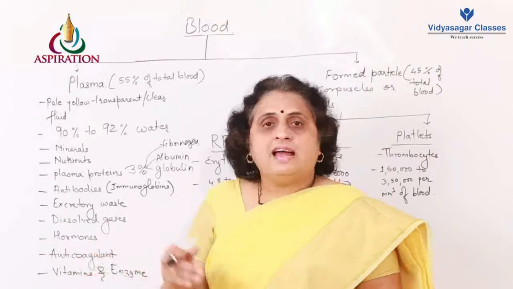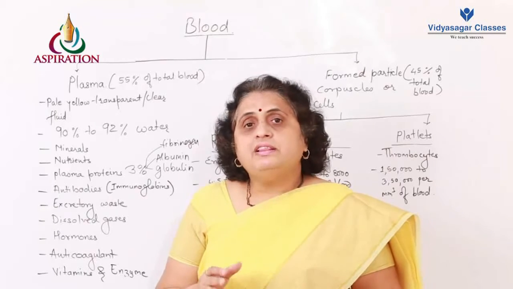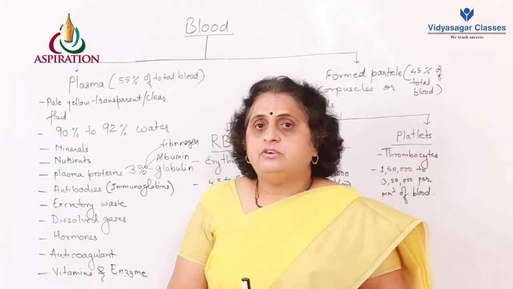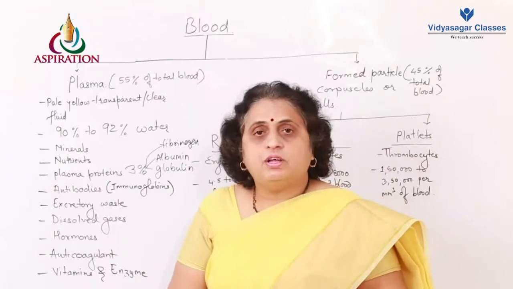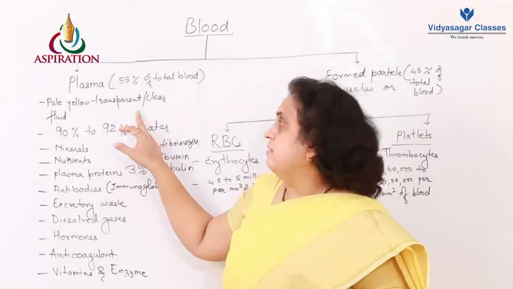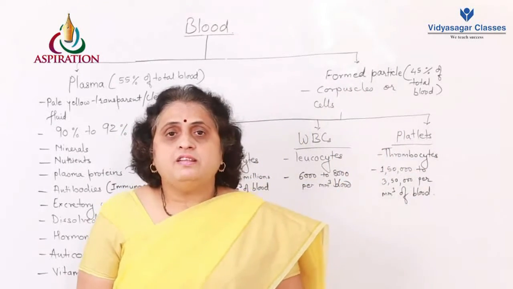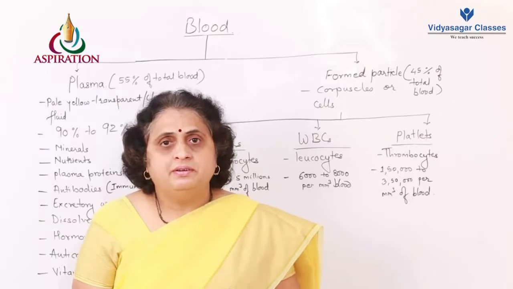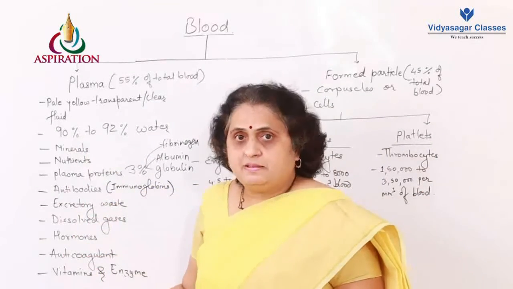Along with that, we have dissolved gases. As we know, the blood is under a certain amount of pressure, and with that pressure, some gases like carbon dioxide, oxygen, nitrogen may occur in dissolved form. Whatever dissolution of the gases takes place will take place in the fluid part of the blood, and that is called plasma. In the cells, especially RBC, there is no dissolution, there is a combination. A chemical reaction takes place for the gases to bind with the cell. But the dissolved gases we will find in the plasma.